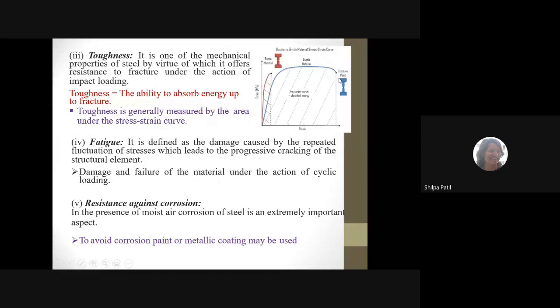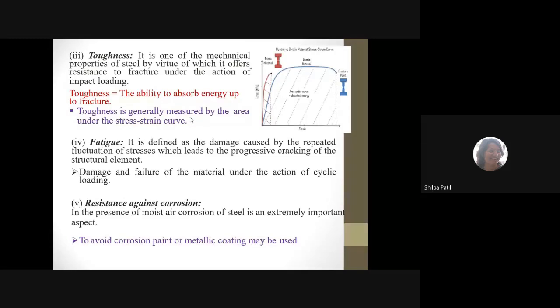If you consider a ductile material, it has a good capacity to carry axial load as well as impact loading. So the area under the curve is large, which represents a large capacity to absorb energy before fracture. This represents the toughness, which is also an important property. We can say that toughness is directly related to ductility. If any material has lower ductility, obviously its toughness will be lesser.